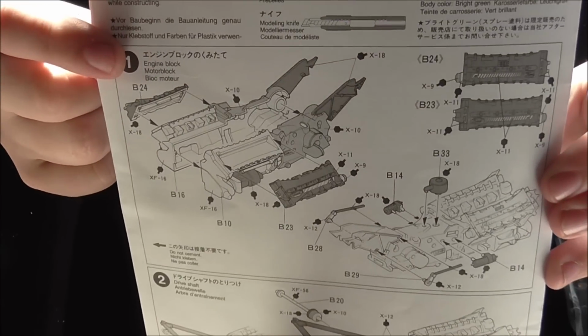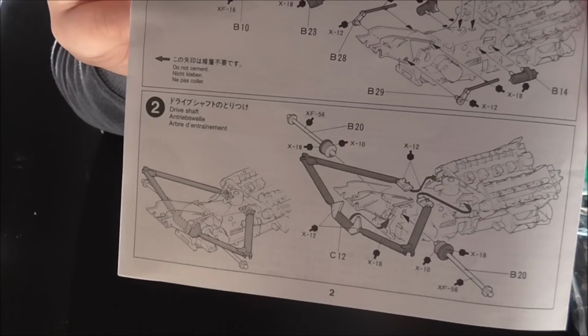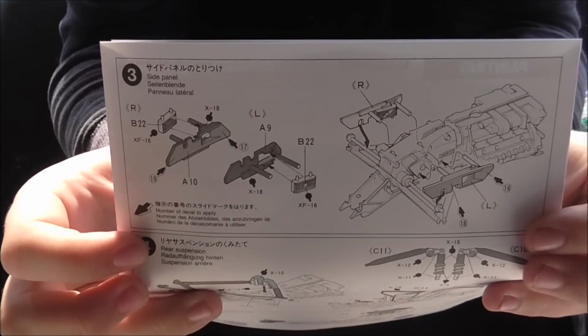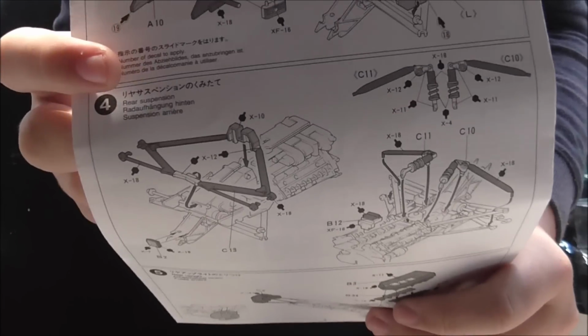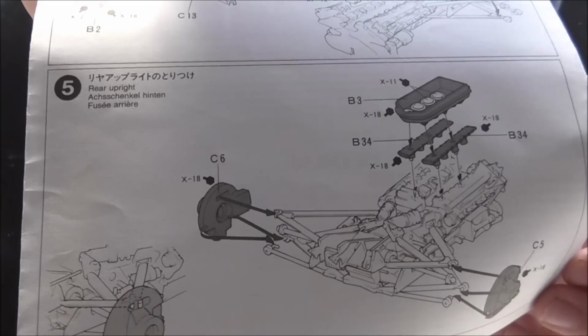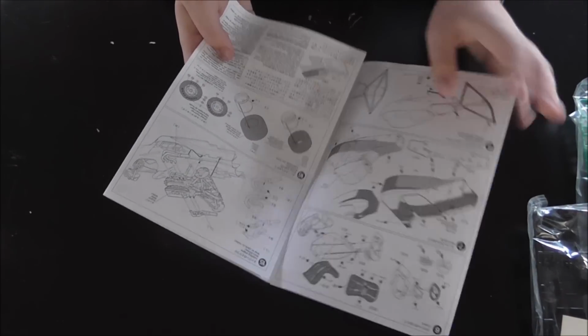First instruction, painting the engine and assembling it. Second one is fitting some of the suspension units to the car for the wheels to go on. Third, I'm not entirely sure about, to be honest. Fourth, again, more suspension bits. And fifth, I think they're the, whatever they're called, cylinders, I think, or something. So it goes 5, 6 on this side,